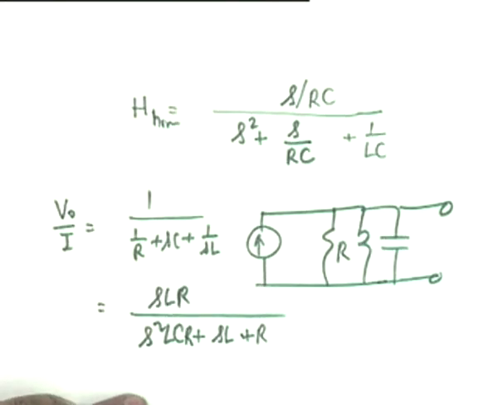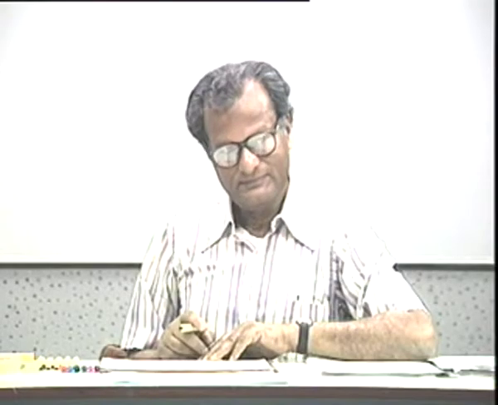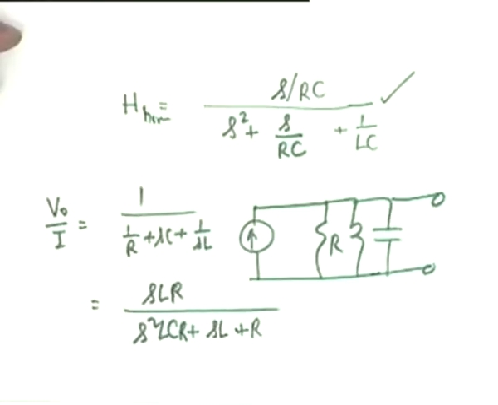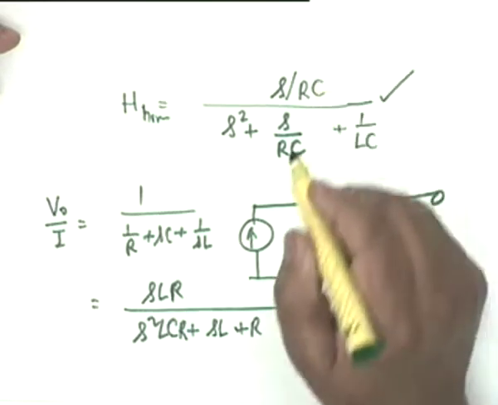Isn't that right? Sir, in the cascading of these stages, it is implicit that all the stages should have the same center frequency omega naught. Correct. That is why it is called synchronously tuned. Okay. So this is the expression. I want to simplify. So we don't get this. You don't get this? So the whole numerator. No, I don't. In the numerator, I don't get it.